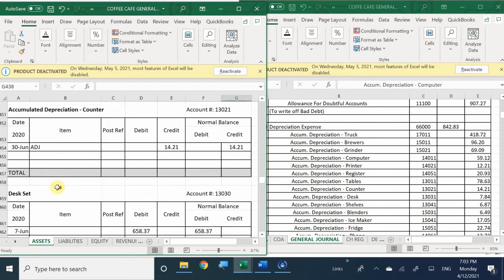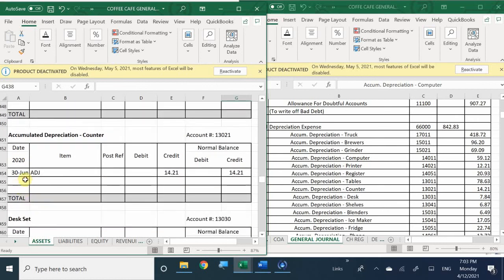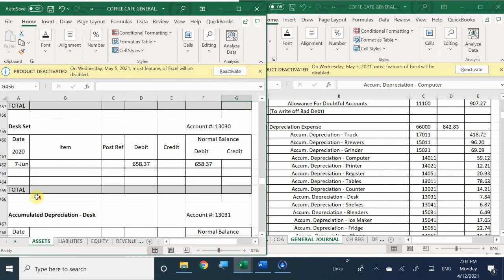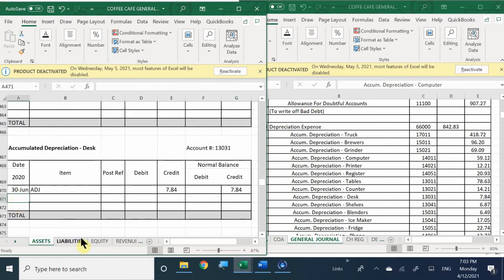Then we're going to go to our counter. Once again, we know it's straight line. So therefore, it should be for the 1421, which should give us our account balance of $28.42. All right. Then we have the desk set, right? For the $784. Which should give us